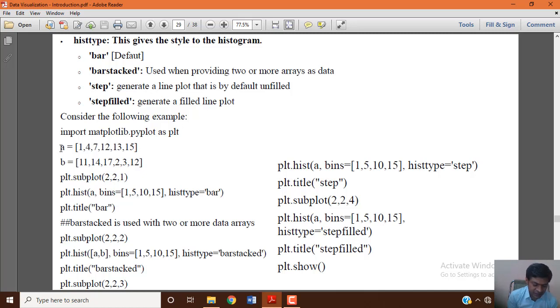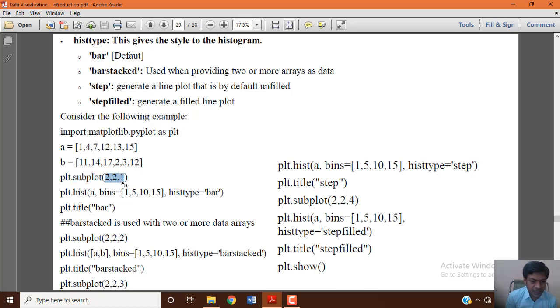Now let's take an example. There are two data sets, array of sequences. For this we use the subplot function, which is nothing but generating subplots within the plot. There are three parameters here, which you can see clearly.